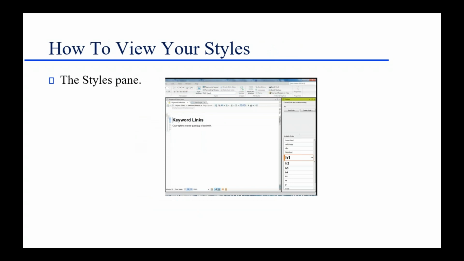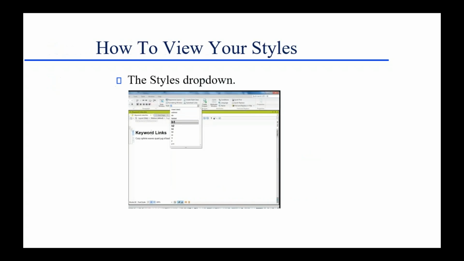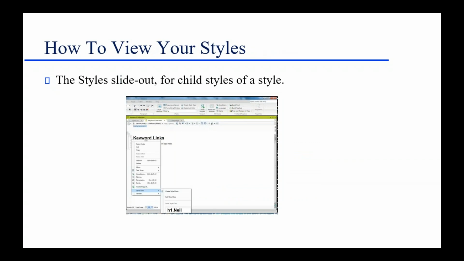And I have dual monitors. So I'll just drag the Styles pane onto my second screen just to get it out of the way. So this way it's visible, but it's not using up space that I want to use for the topics. So again, personal preference. So there's the Style pane, here's the Style dropdown, and there's a third one, which is